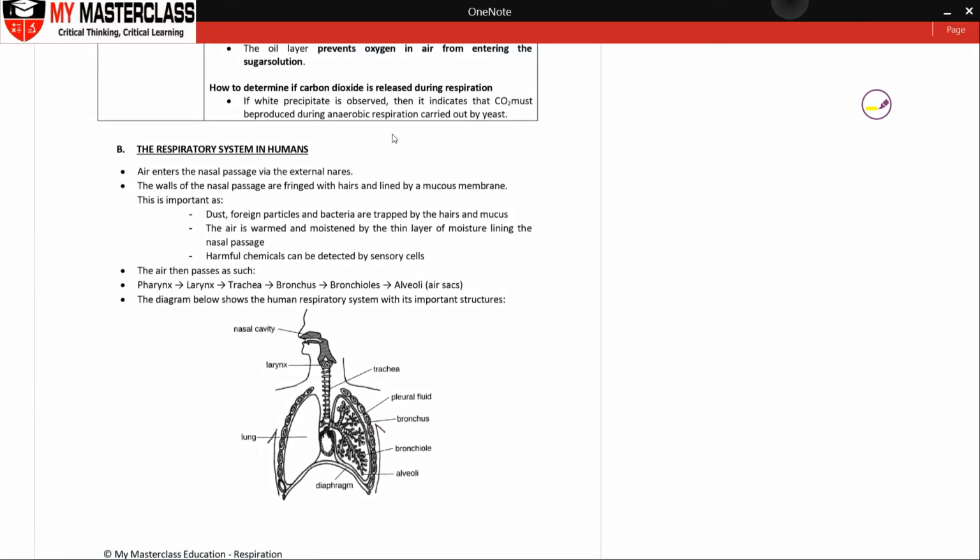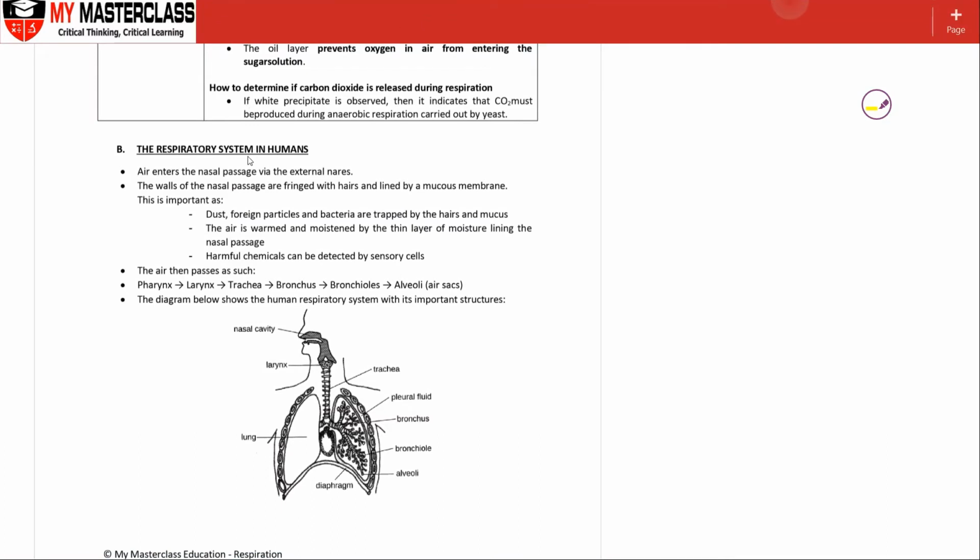Hi students, okay, welcome back to respiration. So we'll be looking at the respiratory system in humans. So the respiratory system, as you can see on the image here itself on the diagram, air will flow through